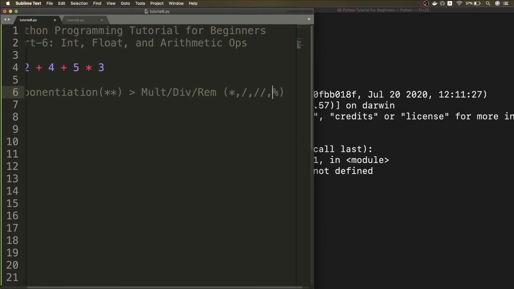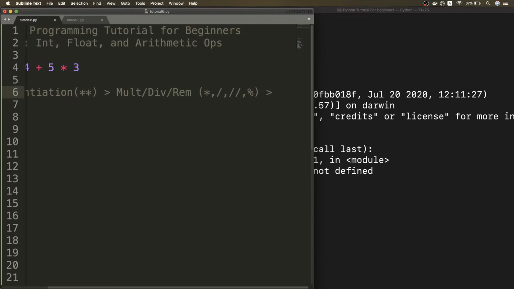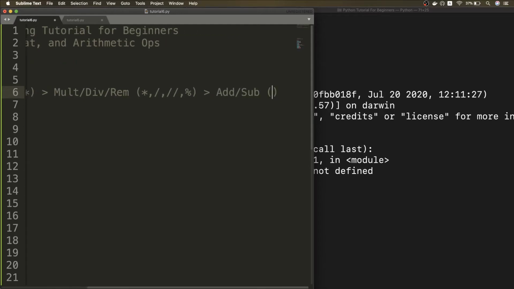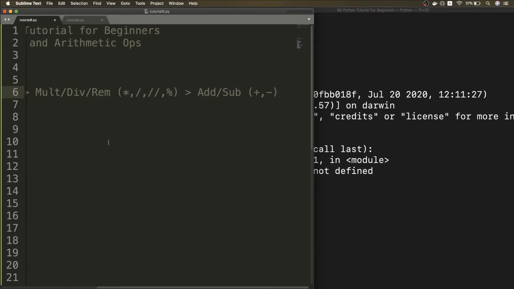And then this has more precedence than your add and subtract, that is your plus and your minus operator.